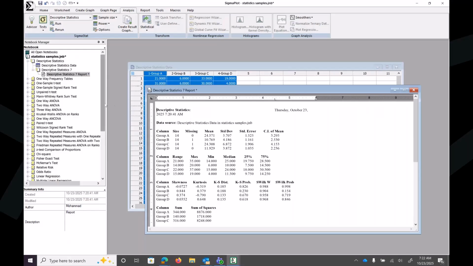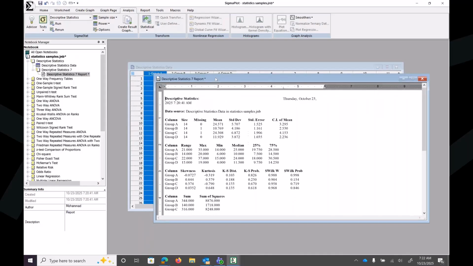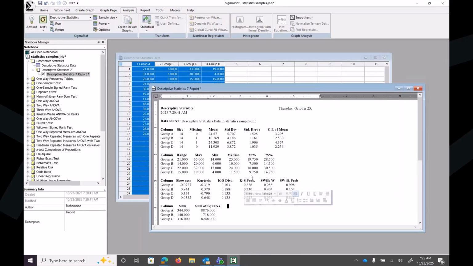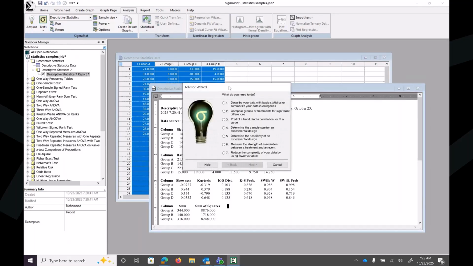Okay, now let's go to another important feature which SigmaPlot provides. It is for people who don't have time for learning statistics or the rules of statistics, or how to actually perform the statistics. So there is an Advisor also under the Analysis tab. You can see under Analysis, I have the Advisor. And the Advisor will ask,